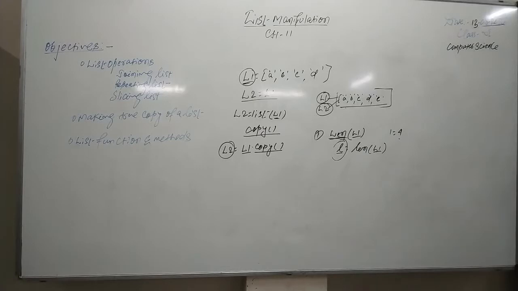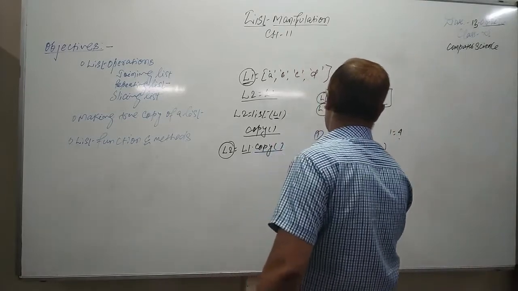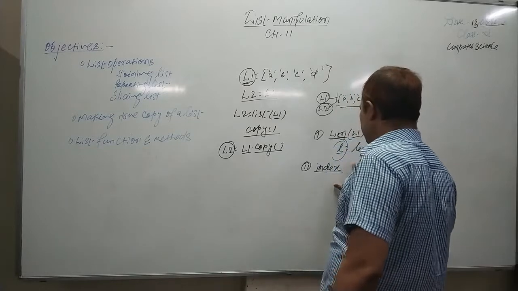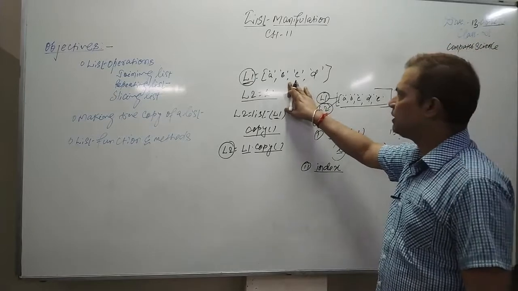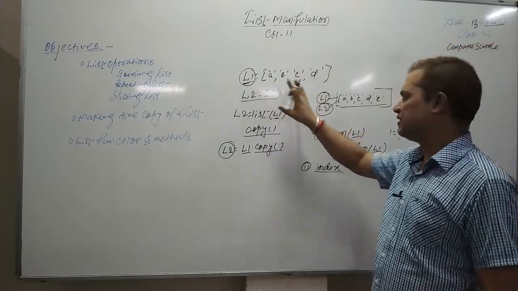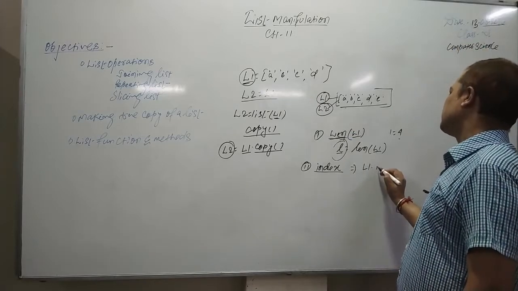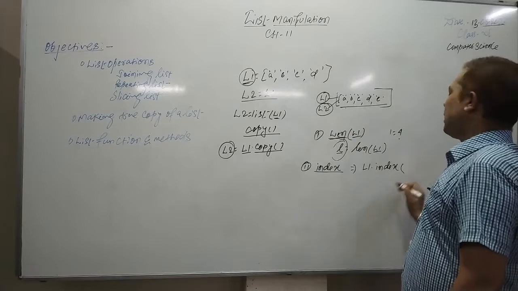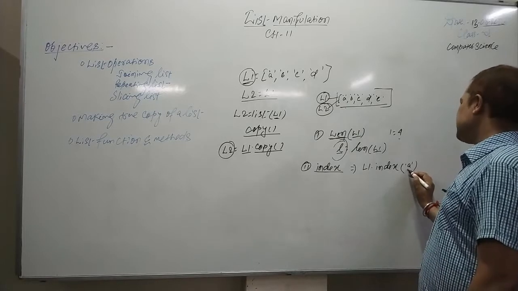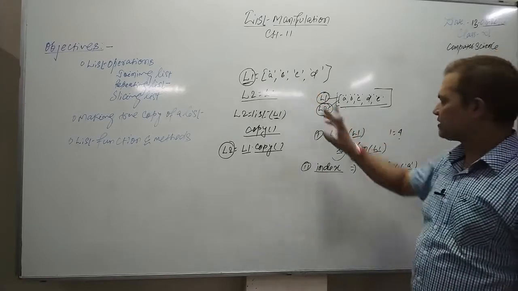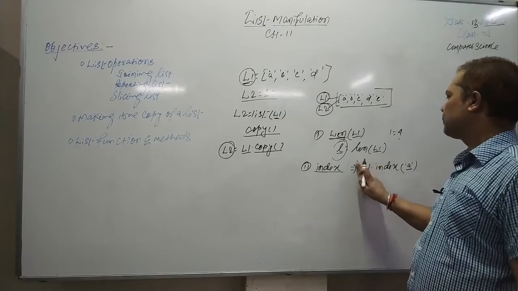The second function is index. The second method, index, is a method which helps us to find out the index of an element. Suppose I want to find out the index of any element of a list, for example L1 is a list here. To use the index method, simply say L1 dot index, and you have to pass the element or item whose index you want to find out. For example, I said A. A is the element whose index I want to find out, and I want to store it in some variable, suppose L.